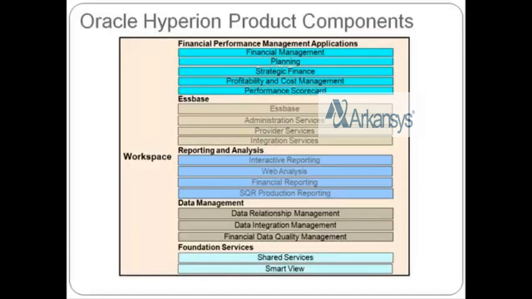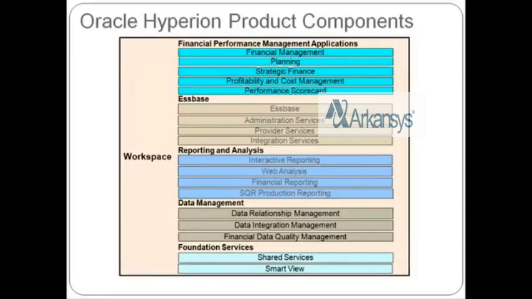These 4 blocks are utilized by the system for extra reporting, better reporting, or deep reporting analysis of the data. We have to remember one thing: any of the Hyperion applications, the top block performance management application, has some basic inbuilt reporting mechanism. But that inbuilt reporting mechanism is not sufficient enough.